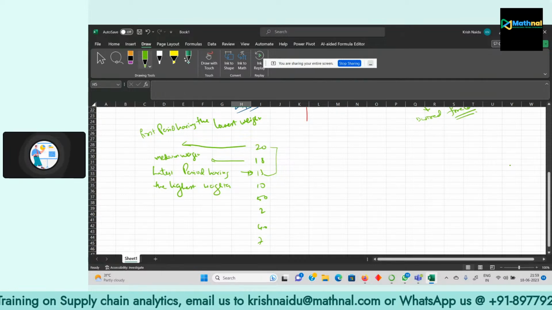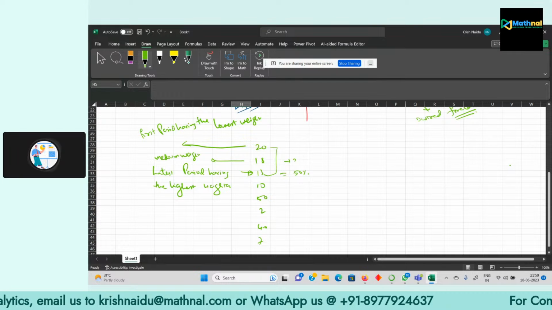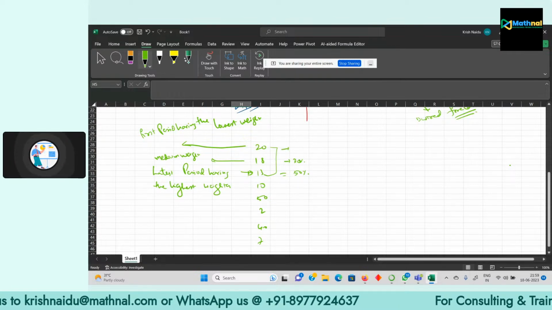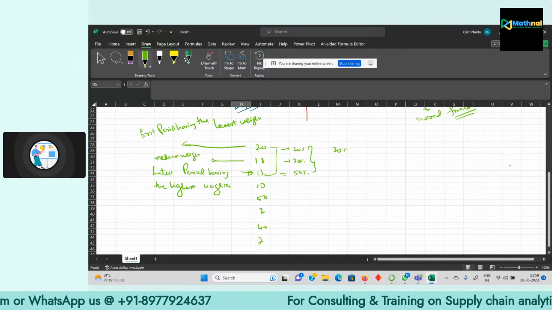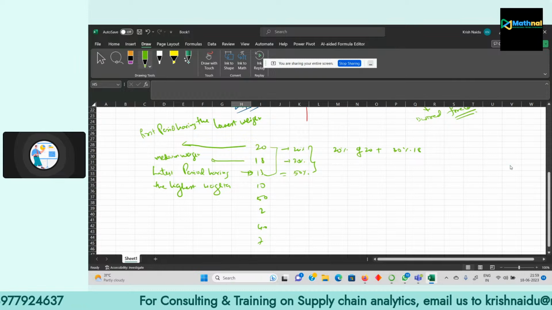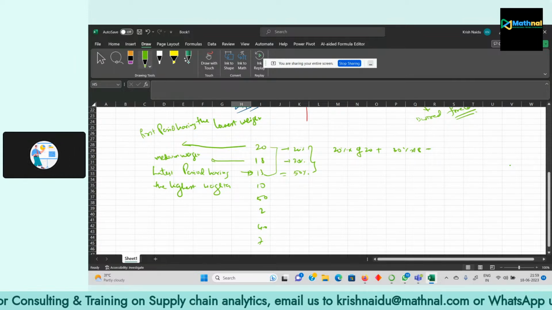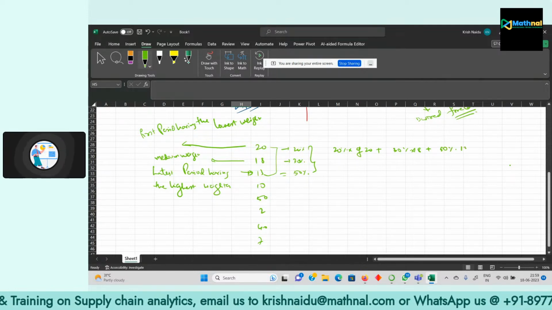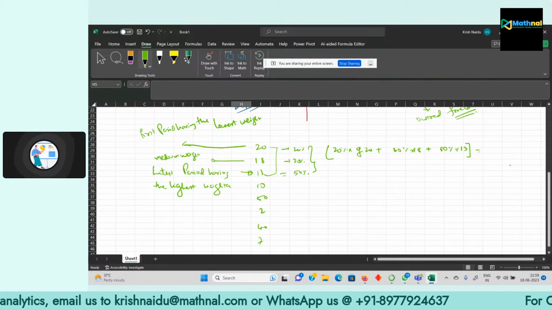Suppose I give the weightage to the last period as 50%, the second period as 30%, and the first period as 20%. So my average will be 20% of 20 plus 30% of 18 and 50% of 13. This is my forecast model, and this is called